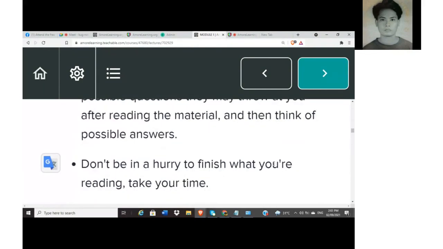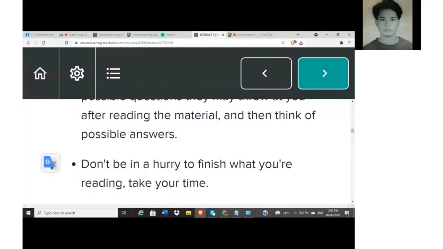Think of possible answers while you're reading it. If there is no time restraint, or there's no time limit, try to reread it twice, three times, four times. Unless they tell you to stop, don't stop reading, and don't stop trying to learn the material that they will let you read. A lot of call centers would ask you to read a phrase or a paragraph or a short story for like 10, 20 minutes. But unless they ask you to move on to the next test, just keep on reading the paragraph,